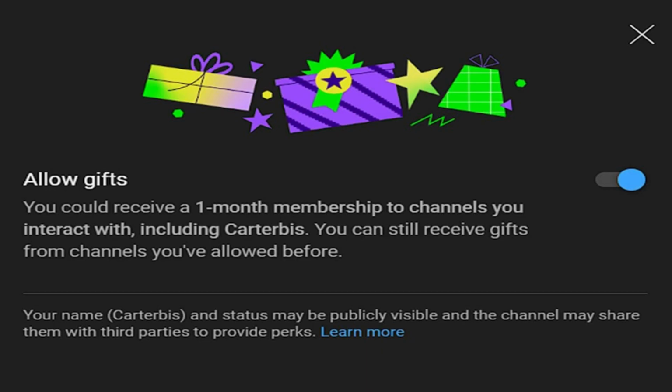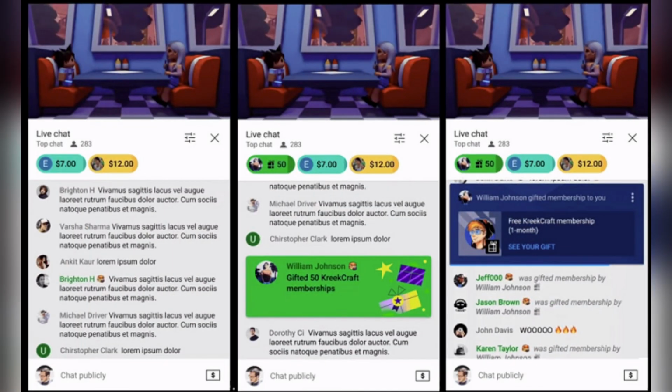Now, when someone gifts memberships, YouTube automatically distributes them randomly among eligible viewers who have Allow Gifts turned on. If you're selected, you'll see a notification in live chat and receive an email confirming your new membership. Once your gift is claimed, you instantly gain channel badges and emojis, access to member-only posts, and other exclusive perks set by the creator. Gifted memberships usually last 1 month, after which they expire automatically unless you choose to continue